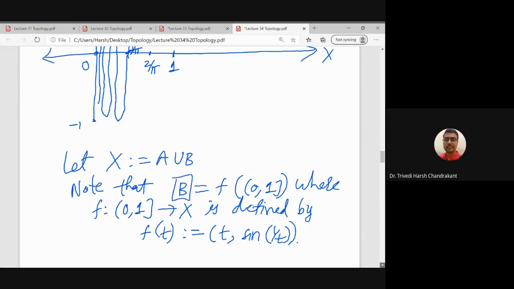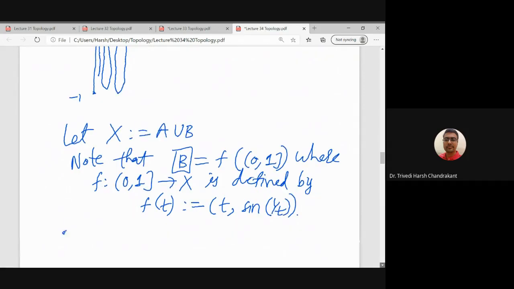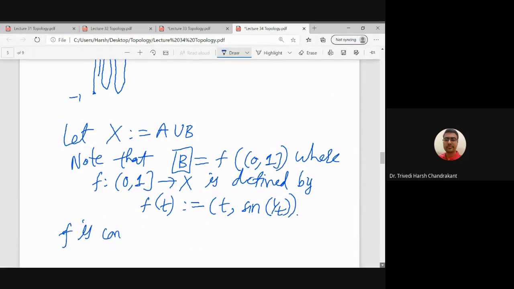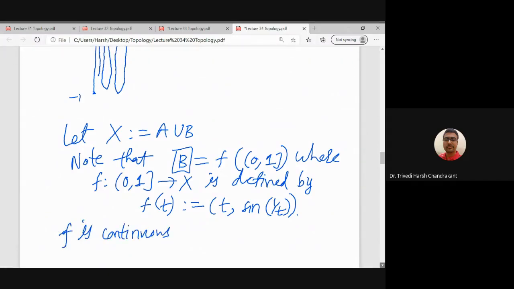So B is the image of this function, and this function f is continuous. It is continuous because we are not taking 0 in the domain. So it is continuous, and therefore